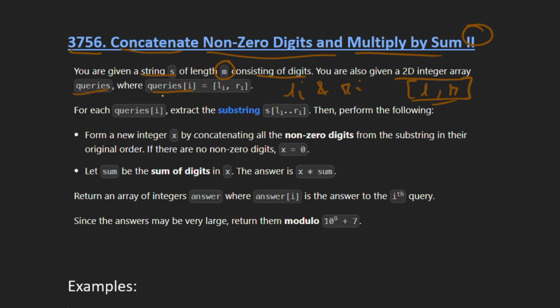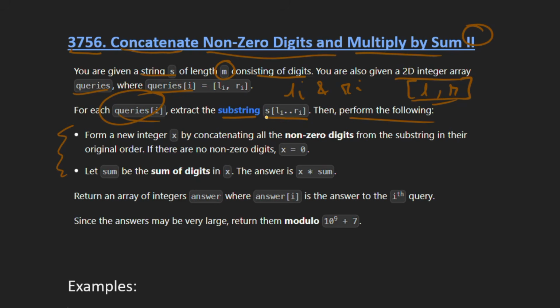Now, for each query, we have to extract the substring from the index L to R, and then perform the following operations on that substring.